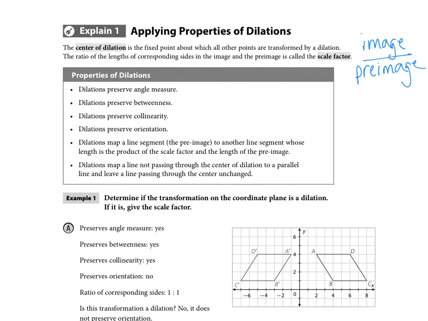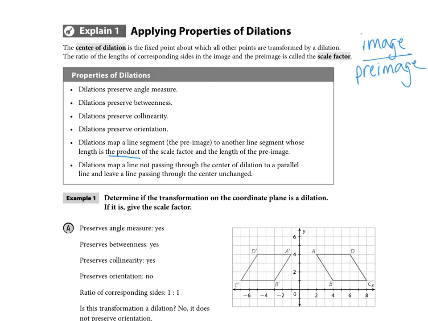Dilations preserve orientation, so that means it doesn't flip. You don't see a reflection happening. And then dilations map a line segment to another line segment whose length is the product of the scale factor and the length of the pre-image. So that's really important to remember there, that it's the product of the scale factor once we actually start mapping the dilations. Again, here all we're doing in this Explain 1 is talking about is it a dilation or not. Okay, so let's move through example